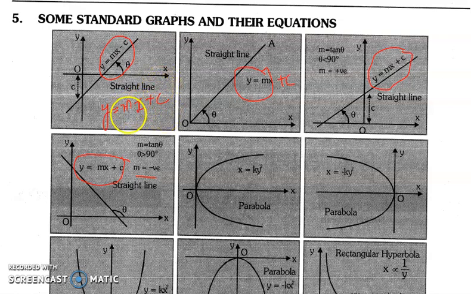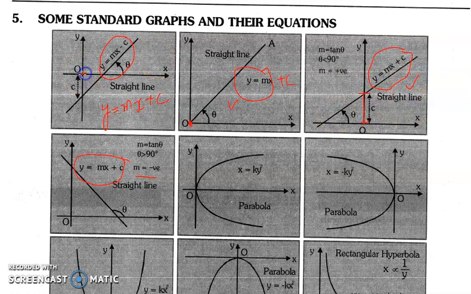If I say that m is the slope, meaning the angle which it makes with the positive x-axis, and c is the constant or the intercept. In this case, since it is starting from the origin, it is not cutting any intercept. That is why the value of c is equal to 0 and the equation becomes y is equal to mx. In this case, theta is there in this equation and it is also cutting an intercept. This is the part of the intercept that this line is cutting on the positive y-axis. So the equation of this line would be y is equal to mx plus c.